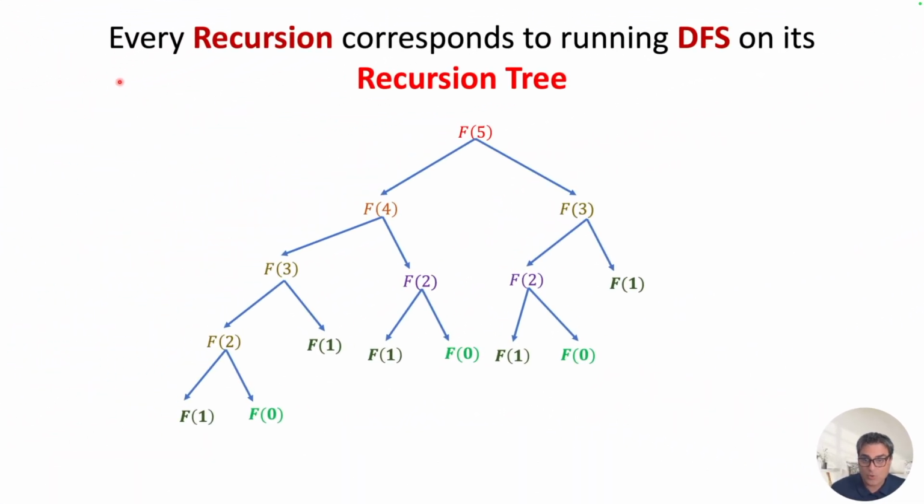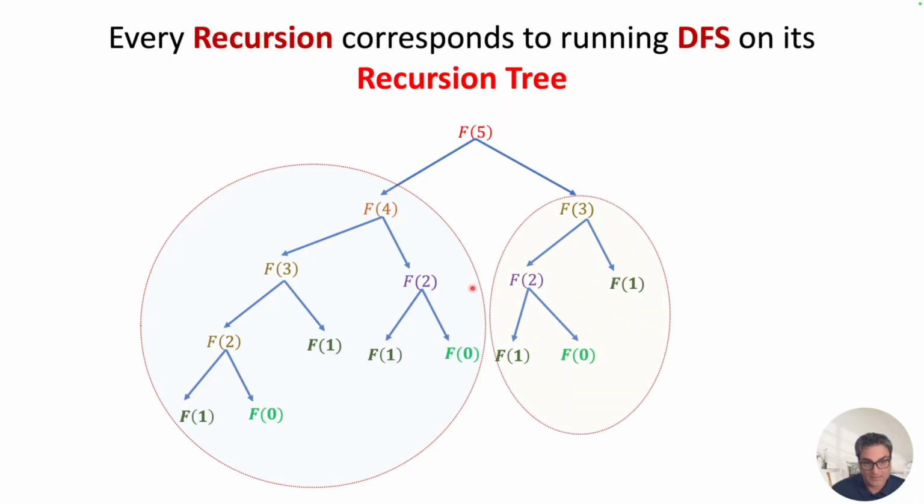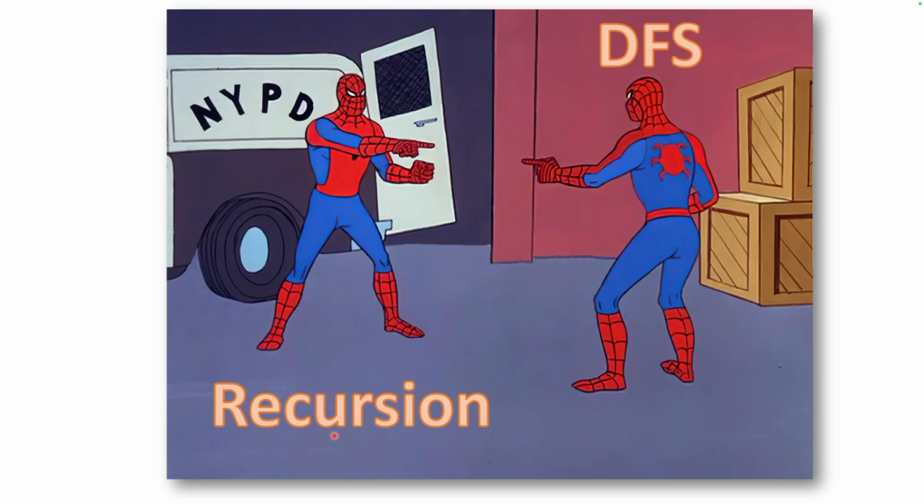So what I'm saying is that it looks like every recursion corresponds to running DFS on its recursion tree. If this is the recursion tree of the Fibonacci function, the DFS that corresponds to it is nothing but running DFS on this tree. So that means running DFS on the left subtree, running DFS on the right subtree. So this means there's this close relationship between recursion and DFS. For every recursive function, you can find a corresponding DFS on its recursion tree. And the DFS function is recursive itself. I know you might feel dizzy, but that is a very interesting relationship between these two,